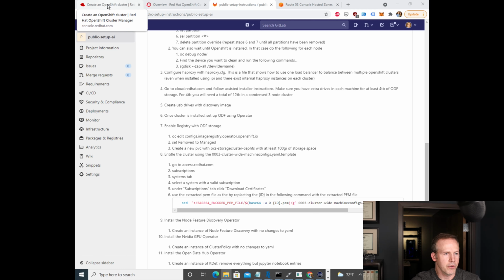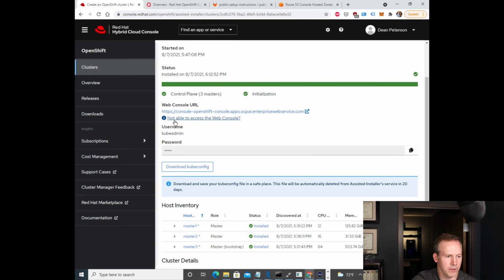If you don't already, you will need to install the OC command line tool. That's not something I'm going to go into detail on how to set up. That's really easy. If you don't have it or have never set it up, just download the OpenShift command line tool, and what you'll do is download your kubeconfig,